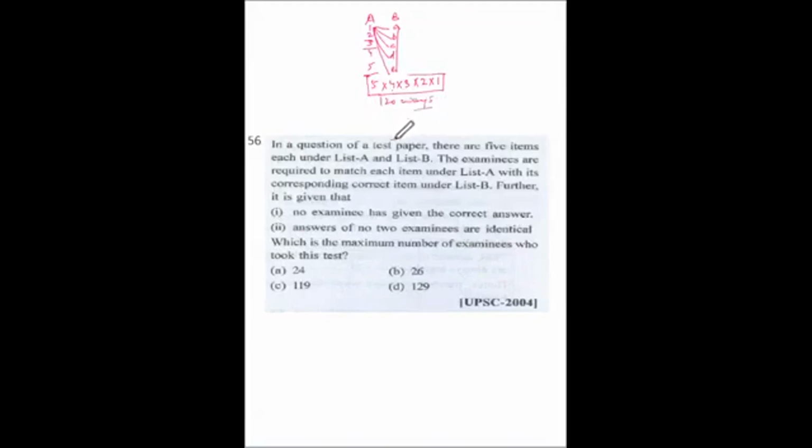Now one way which is the correct way is 1, the remaining are incorrect. So everyone has given wrong answers. So this is not given, which is correct. So 120 minus 1, which is 119. These many ways are there that wrong combinations can be made. So answer is C.